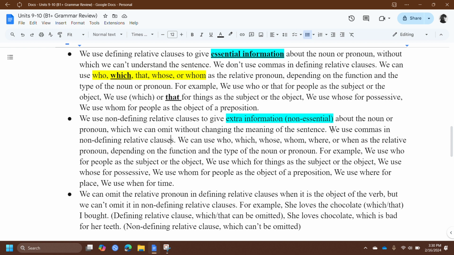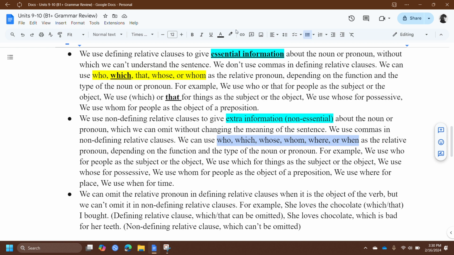and in a way it can be indicative of the fact that this is extra and the defining ones are not extra. Kind of. They're essential to the meaning, right? So we use commas to separate the non-essential information. We can use who, which, whose, whom, and where, or even when as the relative